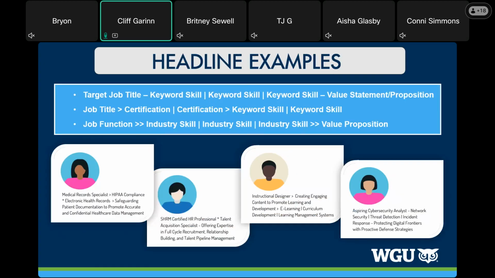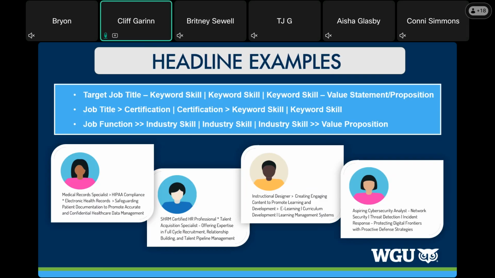Now, here are some really good formulas. Folks are like, I understand the headline thing, and maybe I'll go to ChatGPT and get some assistance, but I don't know much about really how to get started. Well, this is a good way to do it. Here are 3 ways and 4 examples of a formula to use.